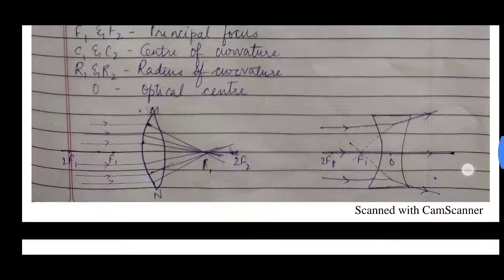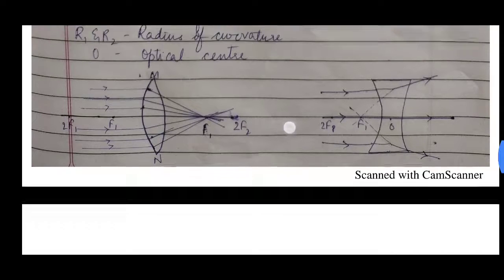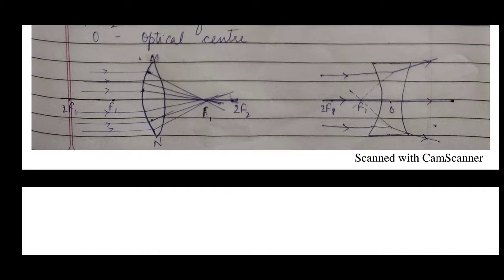Now let's see the formation of the images or the ray of light. Now, as the convex lens is a converging lens, in the first figure you can see that the ray of light is parallel and it hits the convex lens and it converges, meaning it meets at one point. It meets at focus, f2 is the point where the ray of light meets. So here also you can say that focus is a point where all the parallel rays meet.